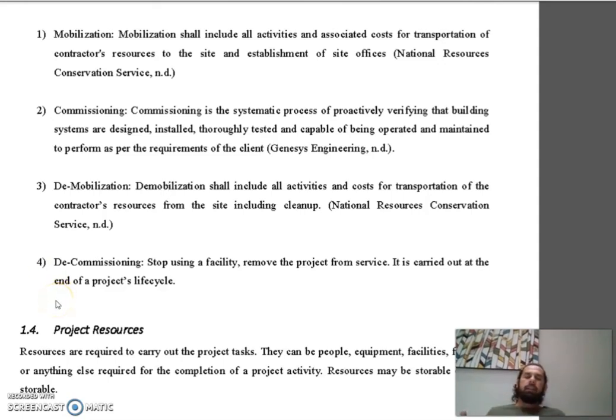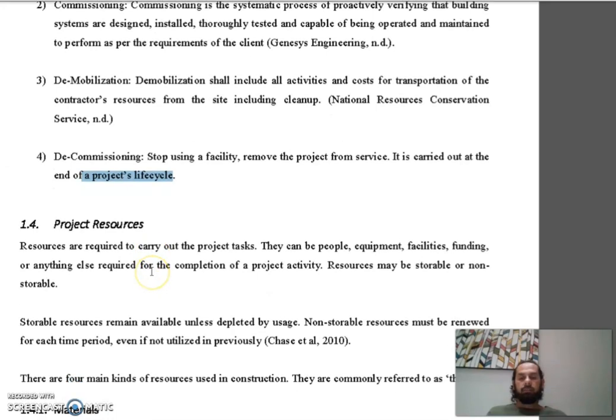يعني احنا نتكلم على هاي النقاط الأربعة. هذه نقاط تتكلم على المبنى من الصفر، من زيرو داي إلى حد يوم الأخير من المشروع نفسه، اللي هي مرحلة الديكوميشننج. الكوميشننج هي المرحلة اللي بدنا نشيك فيها وبدنا نبني فيها المشروع، بدنا نشيك على المتطلبات. لكن المرحلة الأخيرة اللي هي الديكوميشننج، إن المبنى خلاص بعد ما استخدمناه أصبح غير قابل للاستخدام. So remove the project from service. It is carried out at the end of the project's life cycle. مثل ما قلت لكم project life cycle.